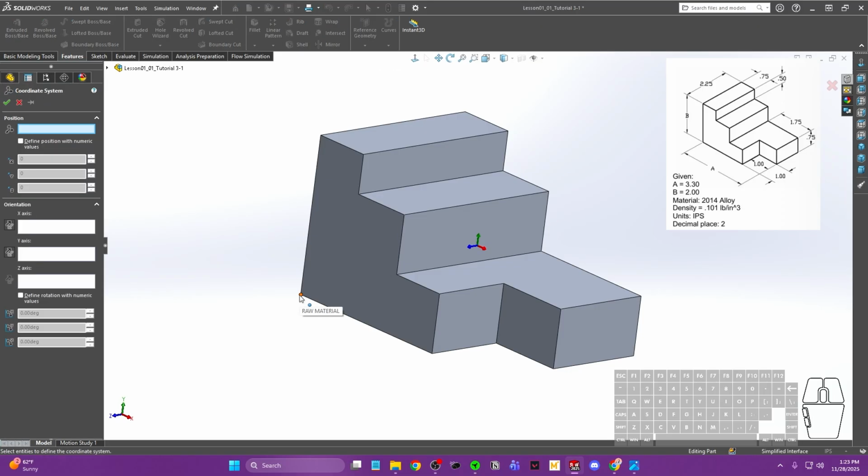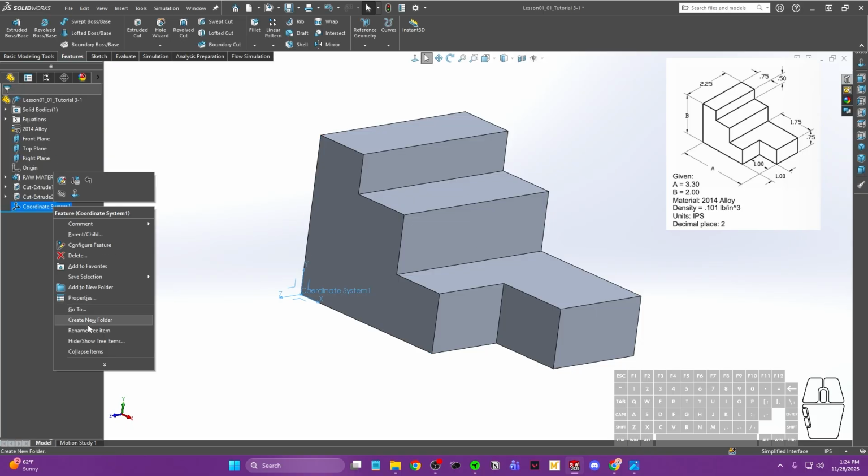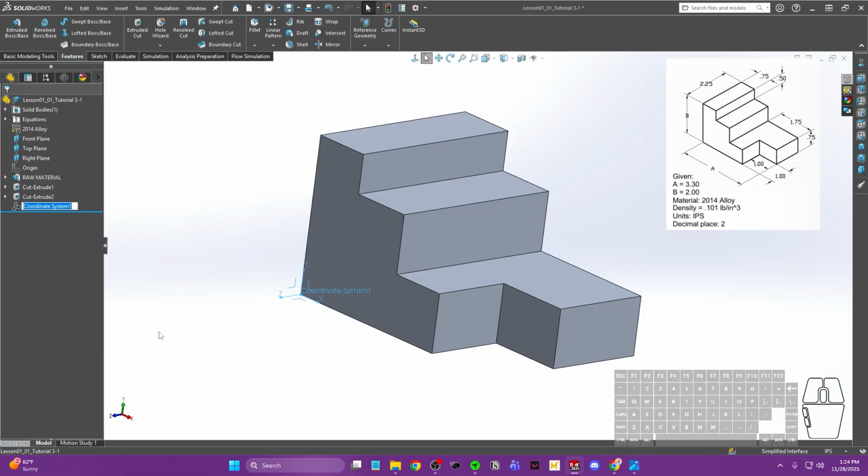Then we're going to select this corner down here. And we have to make sure that our directions are aligned. So our positive x direction is going to go in this direction, and then the positive y direction is going to be going up. And we're going to flip it. Now this orientation is the same as this orientation. That way nothing changes. Go ahead and press the check mark. I'm going to go ahead and give it a name. Call this reference origin. Okay, and now